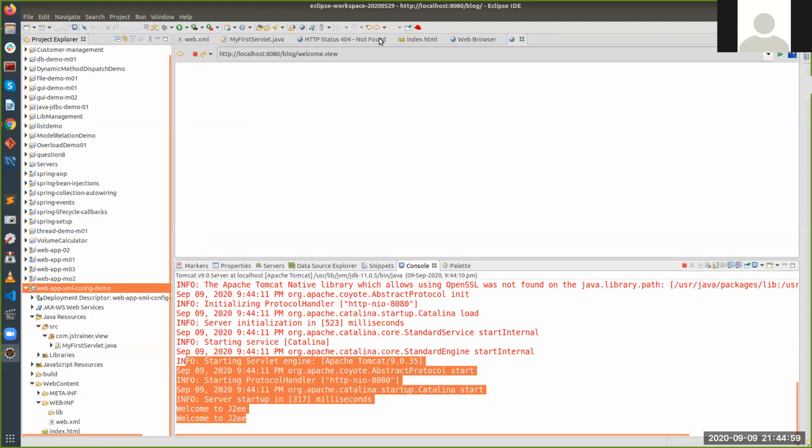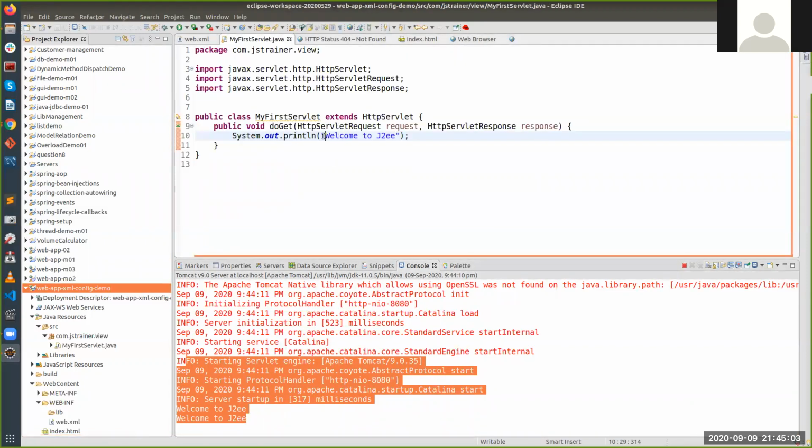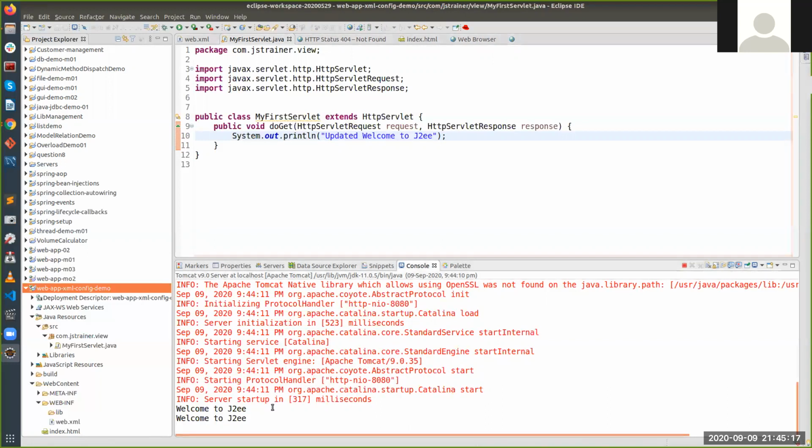So about the reloading, let's go to this MyFirstServlet Java. I'll say updated. Any changes to your Java code will lead to a rerun of your application. Save this. Wait for a second. It will reload this whole context.